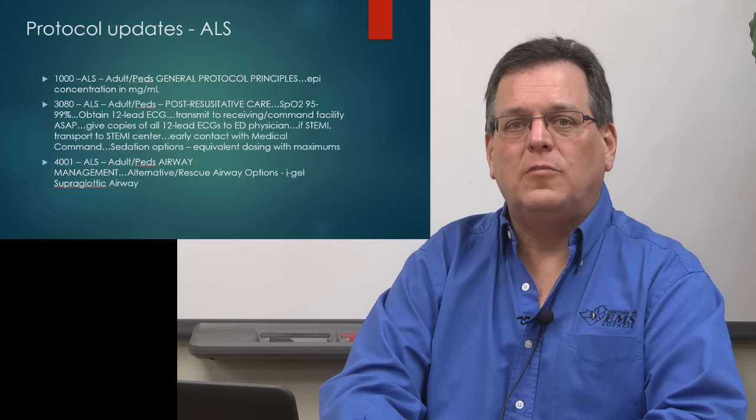With the intermediate providers, those were all of the protocols that we had changes in. All your protocols were new to start. We've just modified them a bit. For ALS providers,